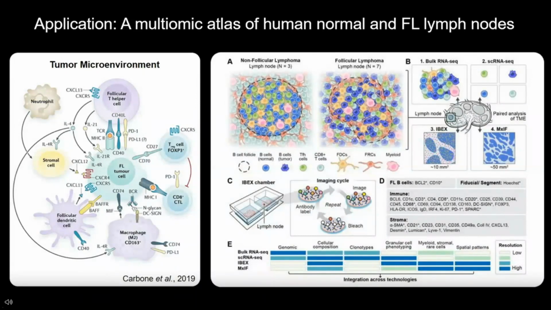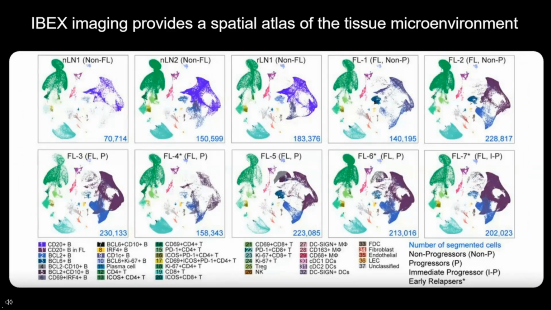But finally, to really understand the myeloid, stromal, rare cells, and spatial patterns of these tissues, we needed to use spatial approaches, both the Ibex and then confirmation with the MixIF. And so again, this is published, and I want to give plenty of time for the second half of the talk. So I'll go sort of quickly through this just to show you that when we take the images that